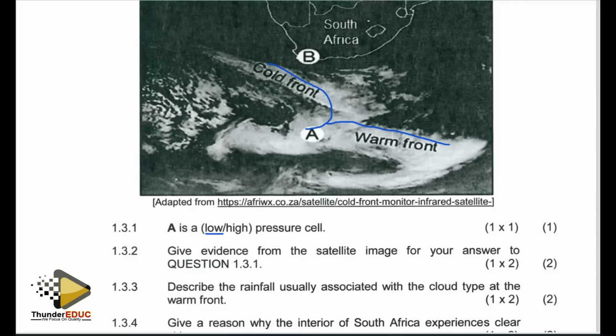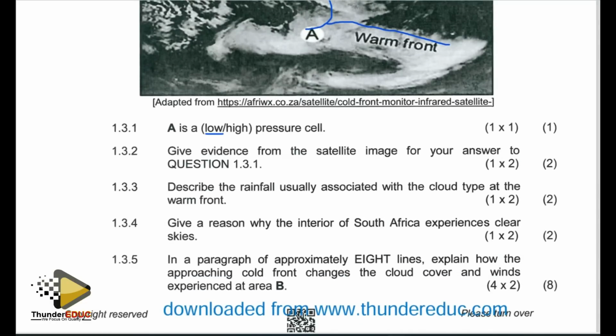You can see also that if we use the argument that we were using in that drawing, that's the point where the cold front has caught up with the warm front, or where there is an occlusion on that part of the weather system. And you can also see the density of the cloud. There is a dense cloud around that particular area, which shows that warm air has been uplifted from that section, causing a high condensation level. Warm air has been displaced from the ground surface. So basically, that's the evidence that we can use to support that it's a low pressure around point A.